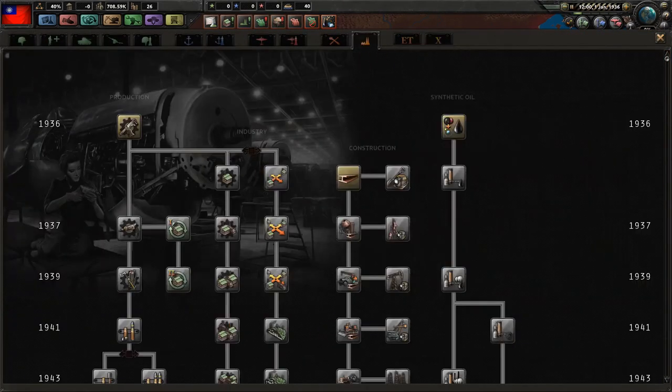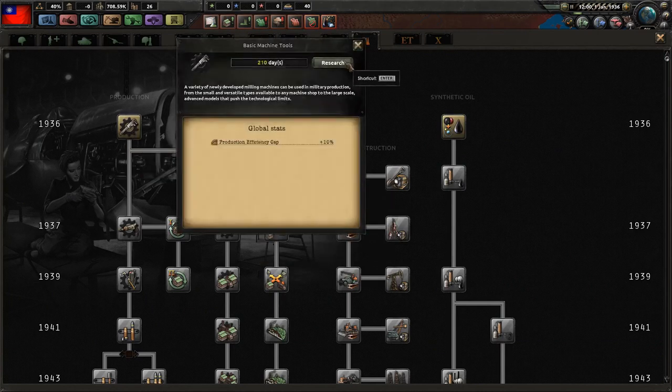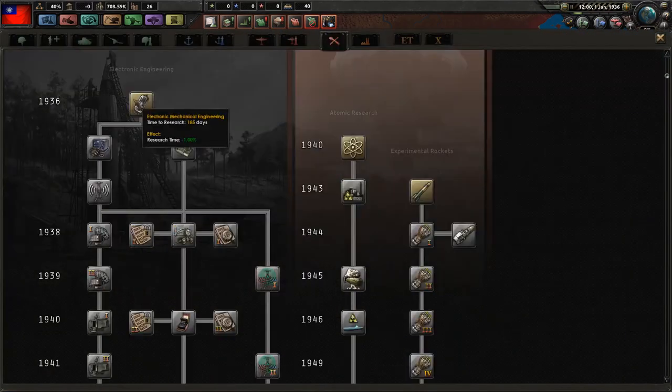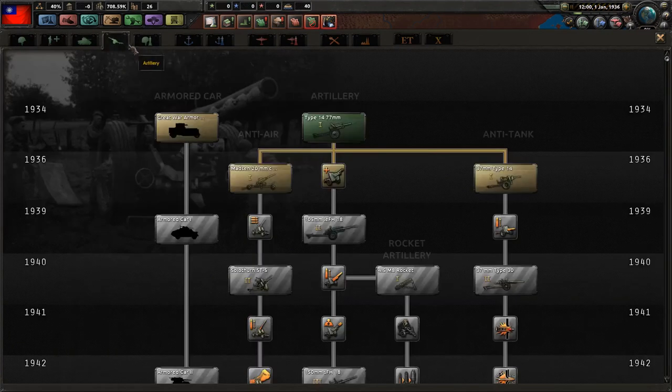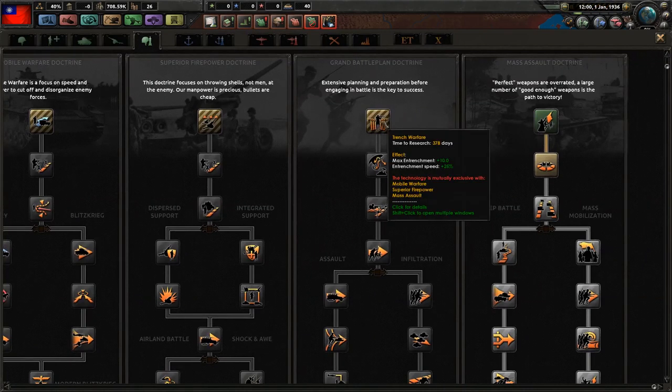Alright, now, what is my priority here? I think it is going to be industry. Jeez, these are horrific. 210 days. Oh my goodness gracious, what am I getting myself into? Alright, so we want to be building that. 210 days to get that. I think we are going to focus on getting...